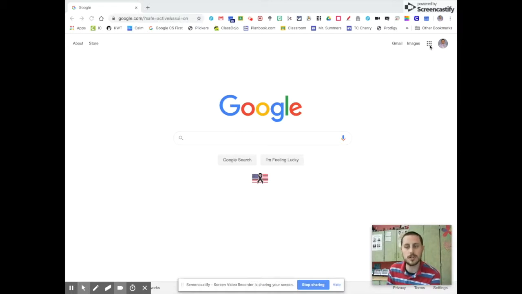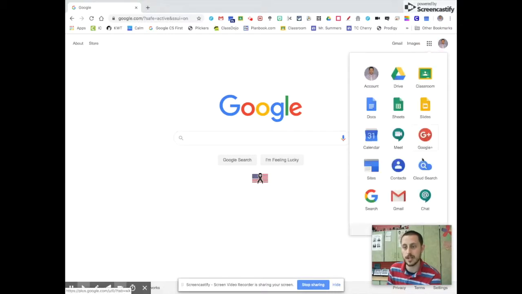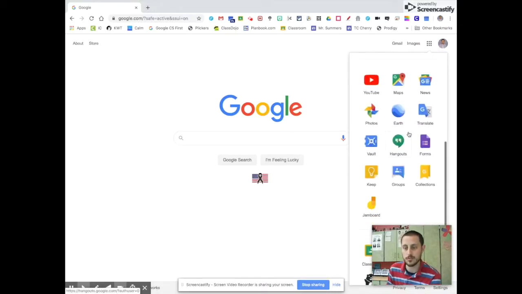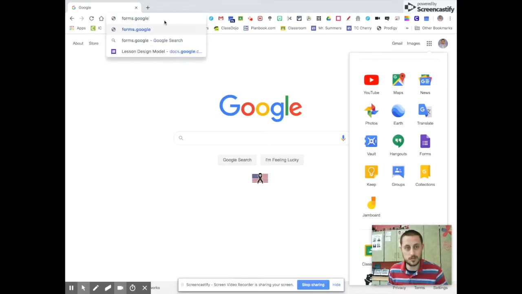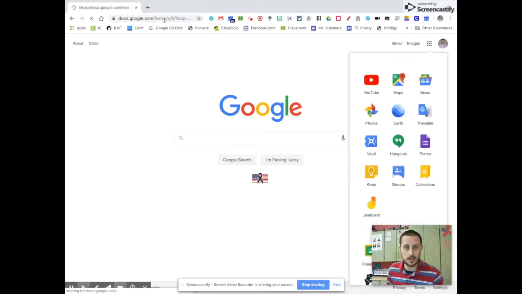The first way we can do is go right here to our app launcher, and you can click on that and find Google Forms. It's hiding down here. We could click here. We could also click up here and go to forms.new or forms.google.com. Several ways you can get there. You can also get there from your Google Drive, but any of those ways will get you to starting a new Google form. So I'll go to forms.google.com